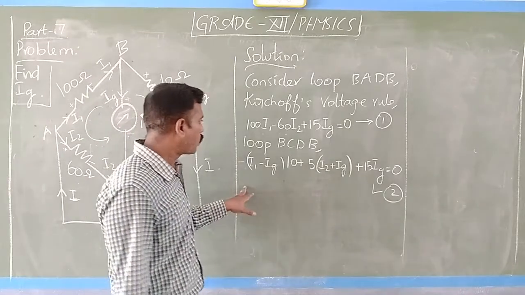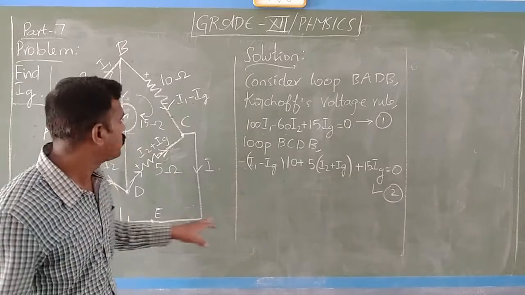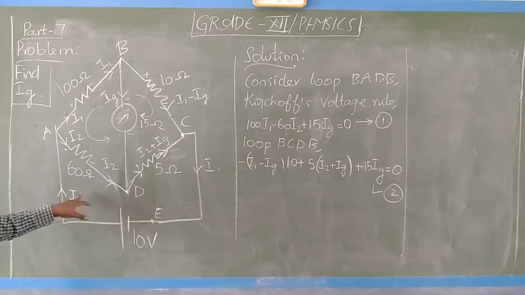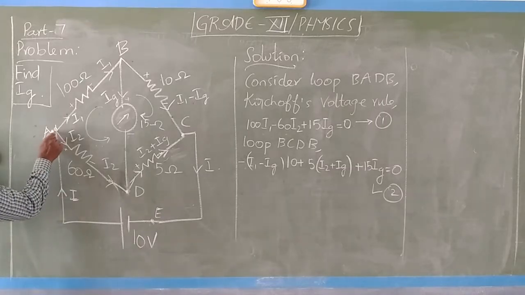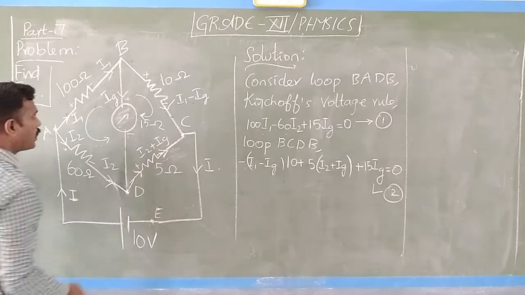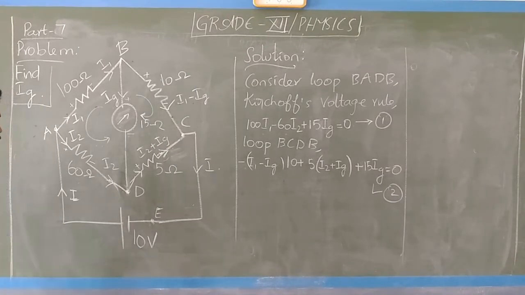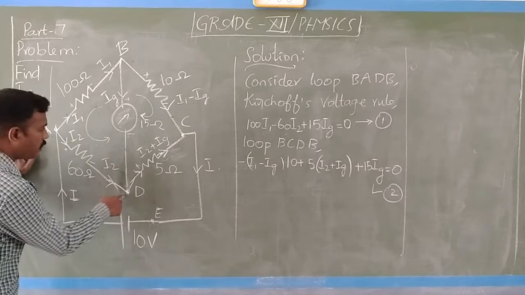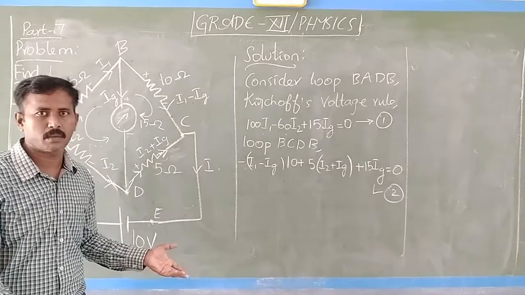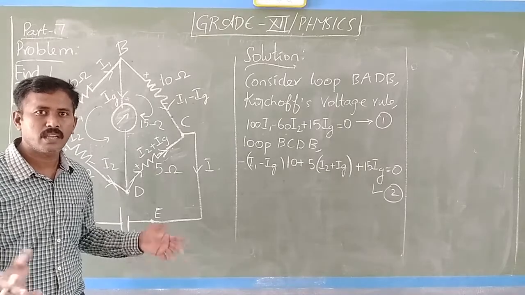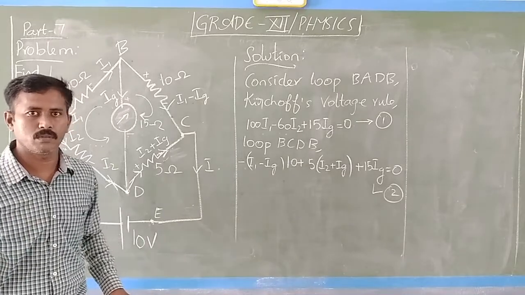So what is another equation we have? Any other equation? So I am considering the third equation like this. There is a constant 10 volt EMF data in loop A B. I can consider the loop like this, it must go within it. You can consider any of the loops, but it must be a closed loop. It should be a closed loop.